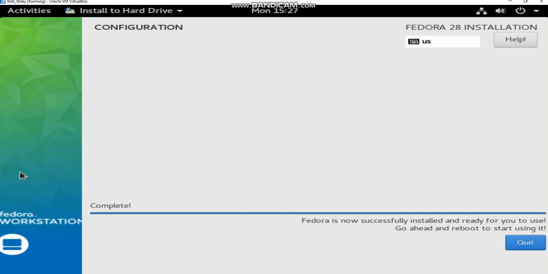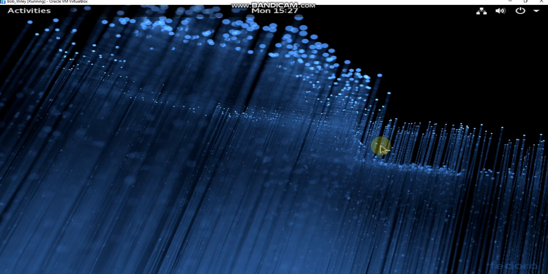So once the process is complete, we are going to press quit. And once we have pressed quit, we should be on the Fedora Live desktop screen. We are going to go on the right upper corner